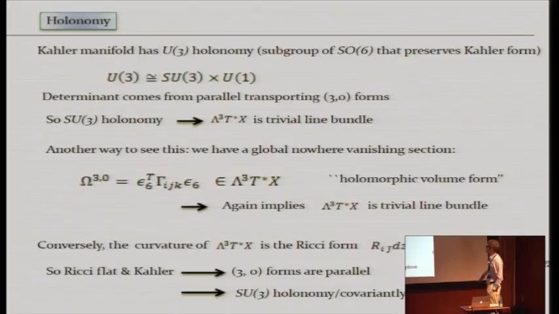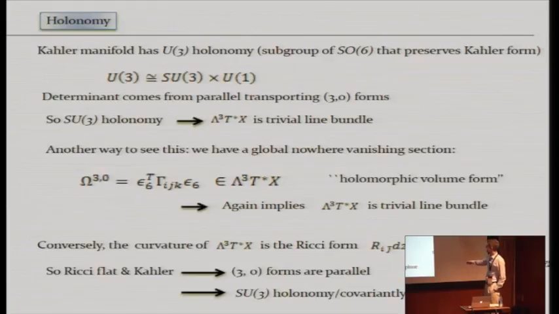And in fact, the converse is also true. If you compute the curvature of this line bundle, and I won't do it here, it's exactly the Ricci form that we encountered previously. So if we're in the situation that we had previously, where we have a Kähler manifold which is Ricci flat, which is implied by a covariantly constant spinor, well, that means that the curvature of this line bundle is identically 0, and therefore it's a trivial line bundle. Well, if the fundamental group of your manifold vanishes, otherwise you have a slight additional argument, but that's the basic idea.